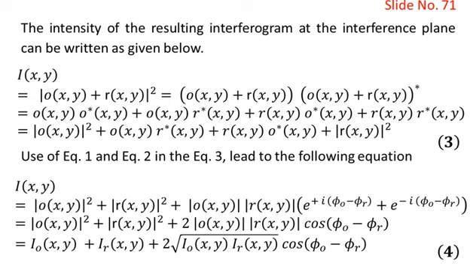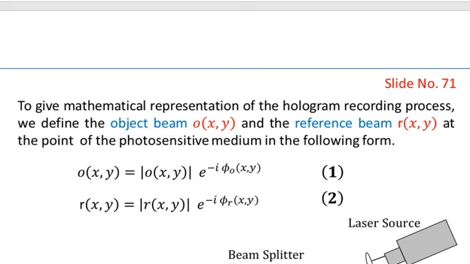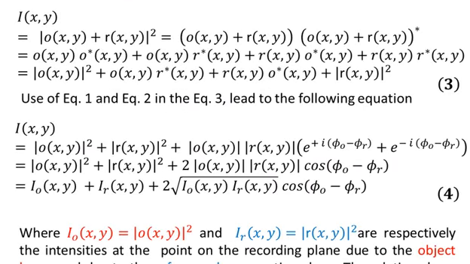So these are the 4 terms that would appear in the intensity expression. Use of equation 1 and equation 2 in equation number 3 leads to the following equation. Here in equation number 3, we are using the left hand sides of equation number 1 and equation number 2, and now we are substituting their values from the right hand side. So using the right hand side expressions from equation number 1 and 2, we can write the intensity expressions as